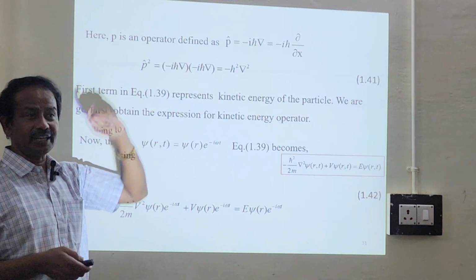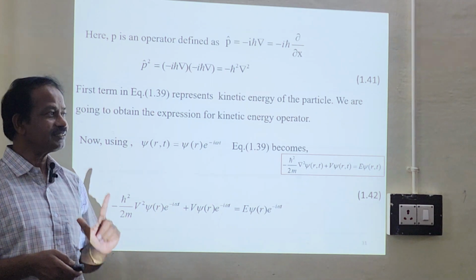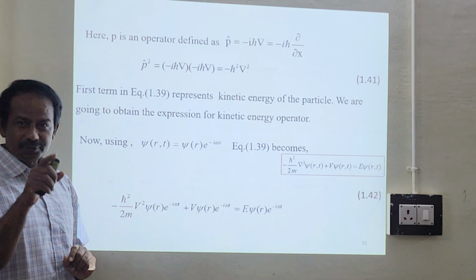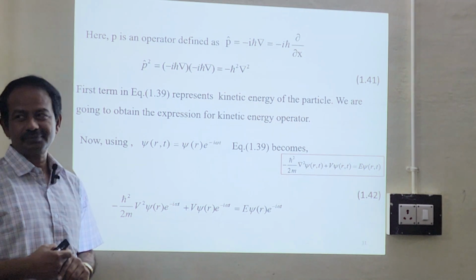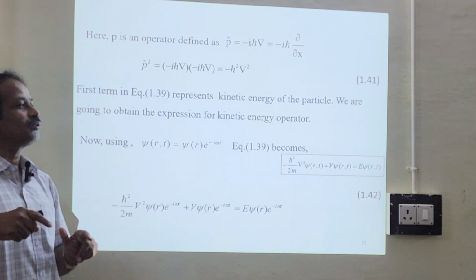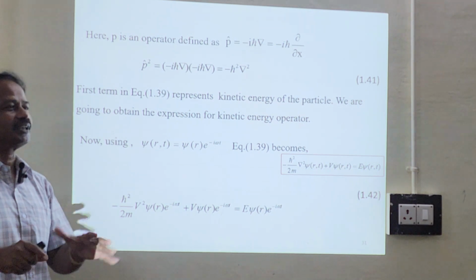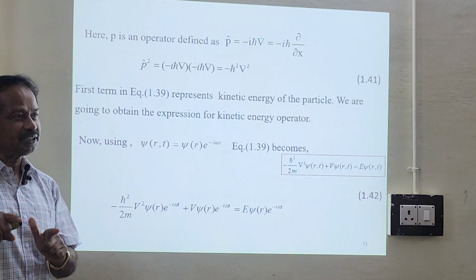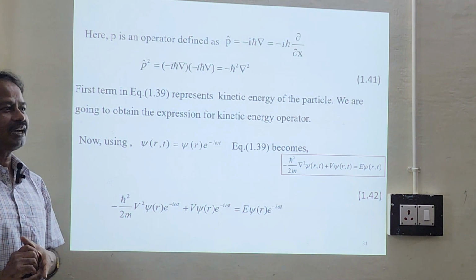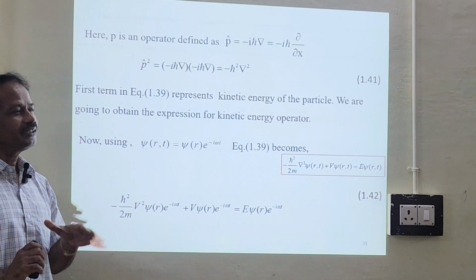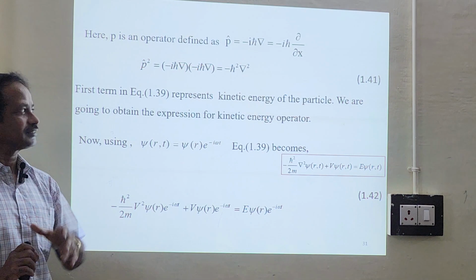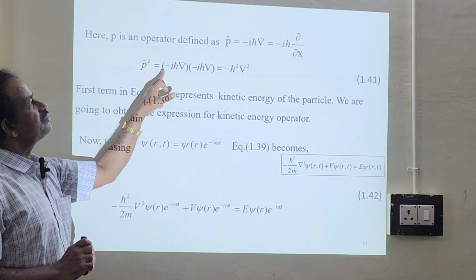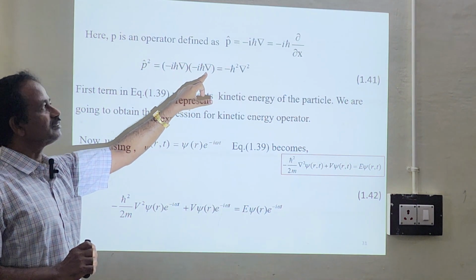You should never go with the square. For linear operators, we should never go with the squares. We should always multiply with the same term. It is not that a plus b whole squared is equal to that; the formula will not work out. It is a plus b multiplied by a plus b. I will say more about it later. So this has to obey the commutator law. We will see later. Okay, so p squared equals minus i h cross del times minus i h cross del,